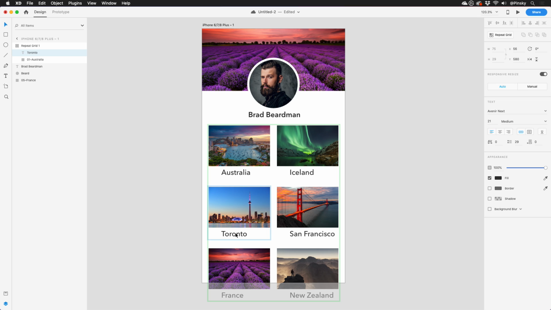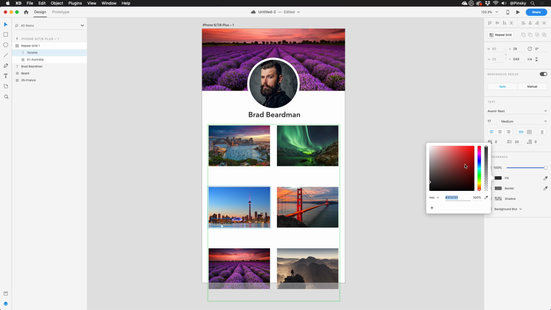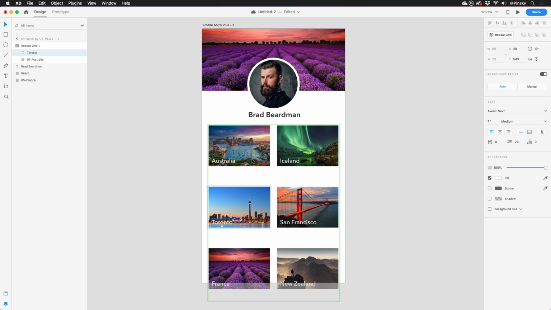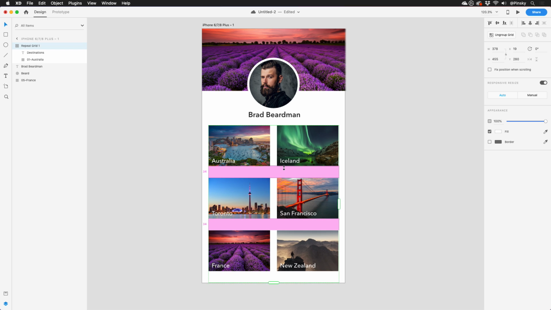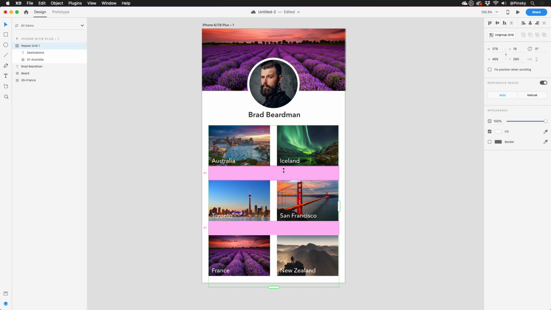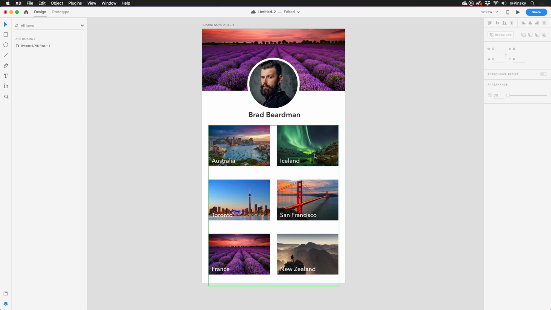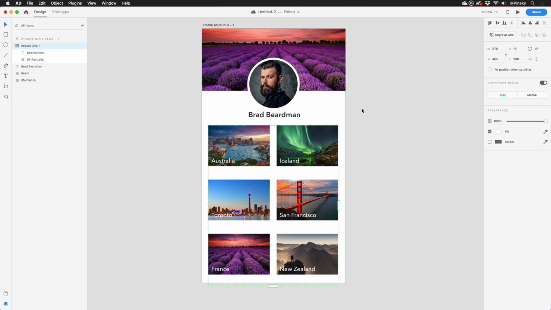To finish off our grid, let's make a few changes. I think I may want the text layer on top of the image instead of below it. I'll also go ahead and change the color to white. You're probably noticing that as these changes are being made, they're not only updating the first card, but they're updating all of them. Now I'll make a few tweaks to the layout to get it looking just right.